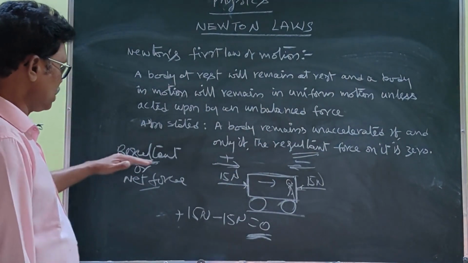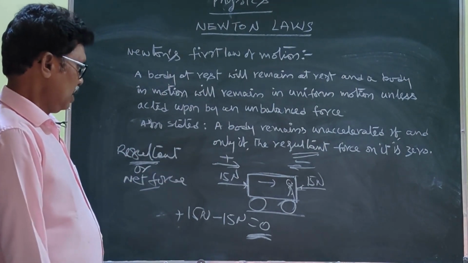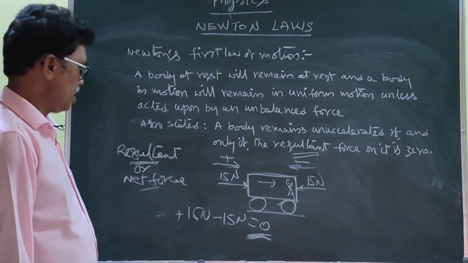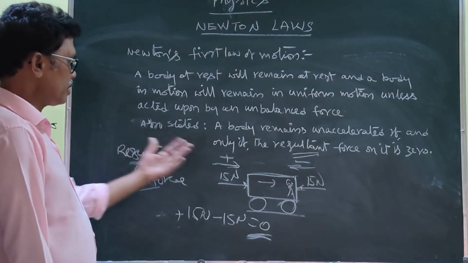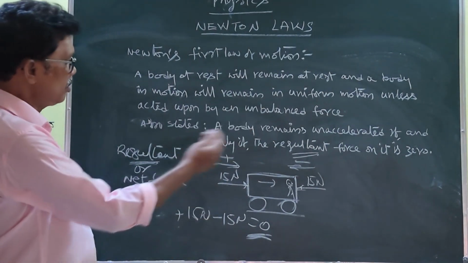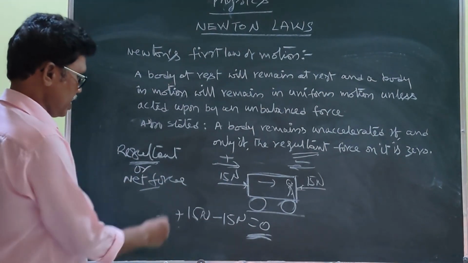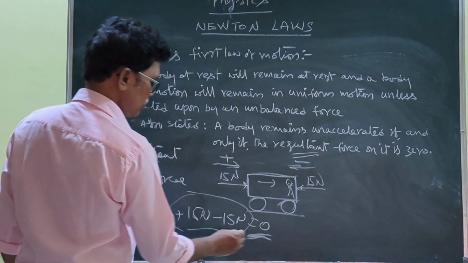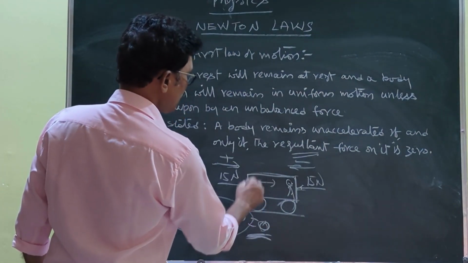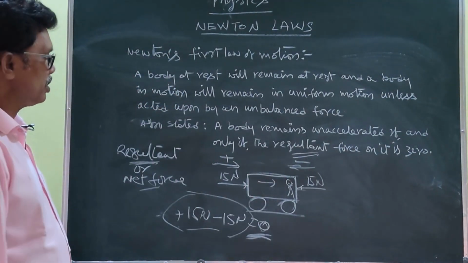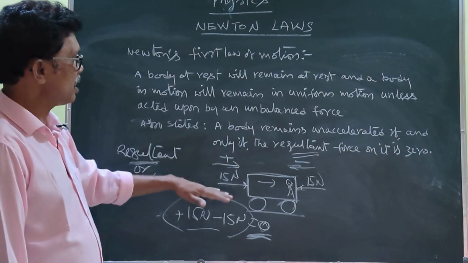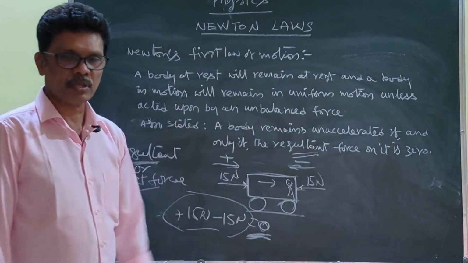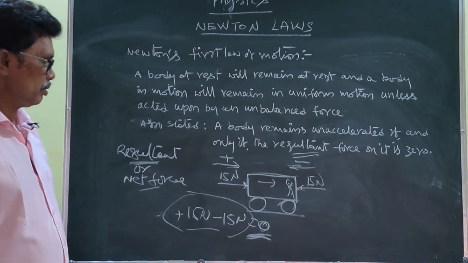The resultant force is nothing but the algebraic sum of the forces which are acting on that object. Obviously, in one direction you consider the positive sign, and in the other direction the negative sign. Then you sum them up. If you get zero, this object doesn't change its acceleration. This condition also satisfies Newton's first law of motion. The first law